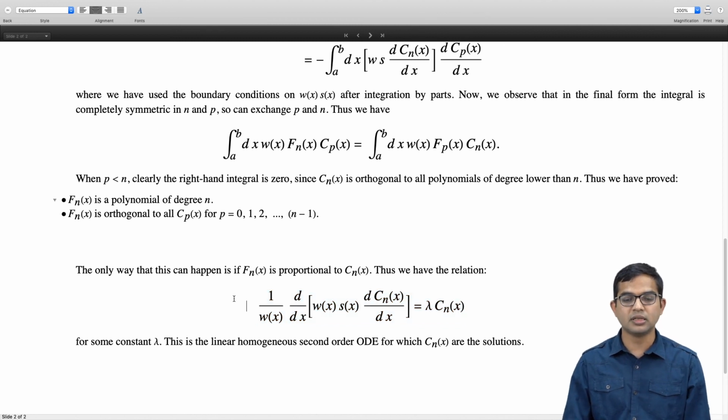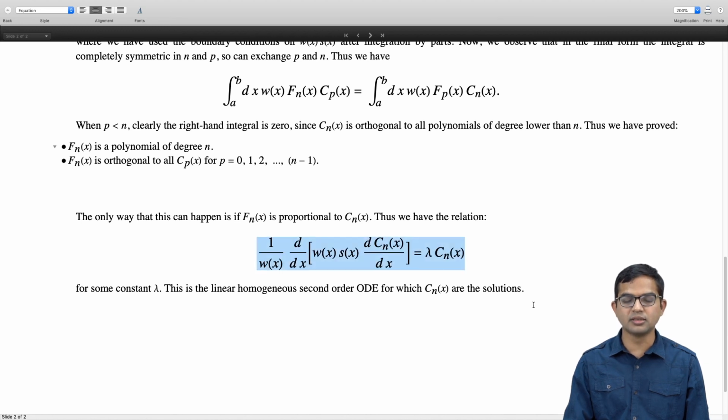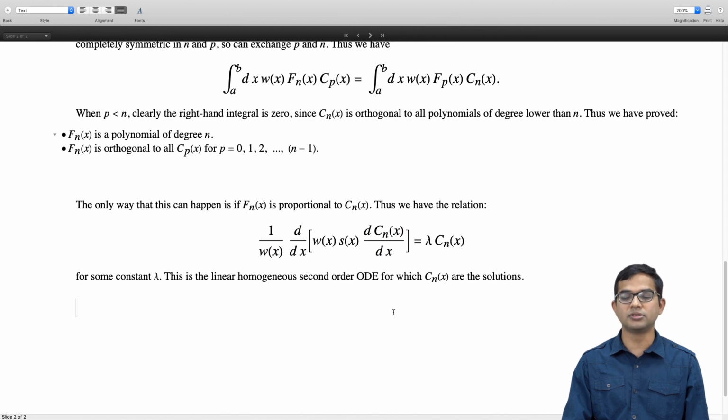But in this lecture we have managed to go in the opposite direction and show how, for the sequence of polynomials we have constructed, we can actually work out the differential equation using the weight function and this function s of x, and everything is a nice combination. And then we have argued that if you just do this operation and then write it like this, this is the differential equation corresponding to the sequence of polynomials of interest.